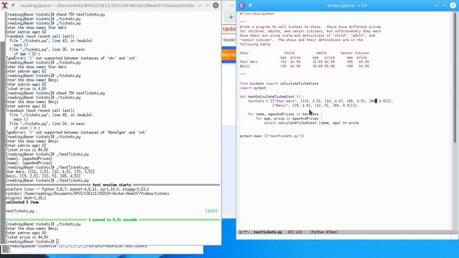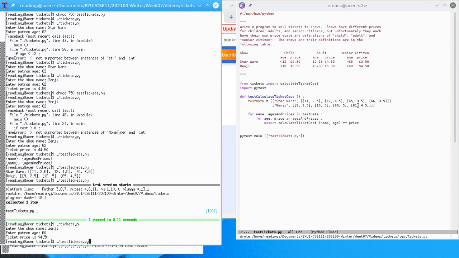And Benji has the same problem. 9, 250, I need to go up to, this one needs to be 10, 5, let's see, yeah, 10, 5, and I put 110, that would have broken. And then this needs to be 60, 5, and this one needs to be not 65 but 61, so that it'll catch my error. And now if I try to run the test,